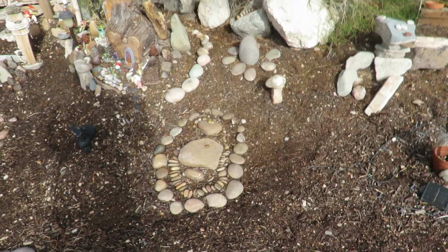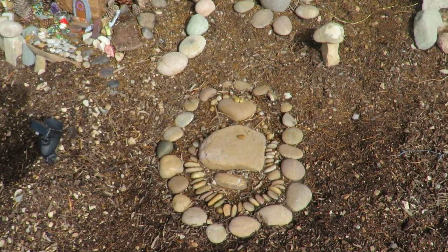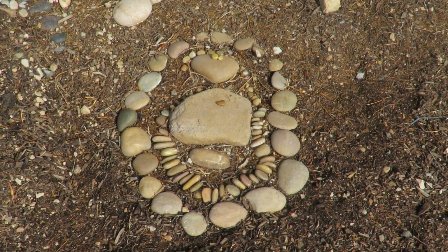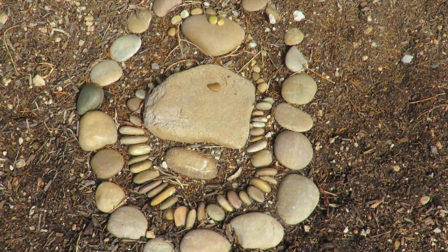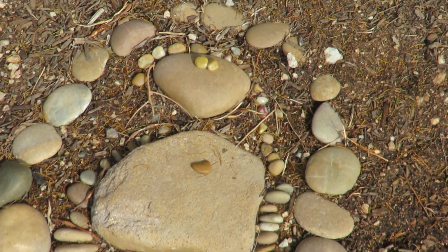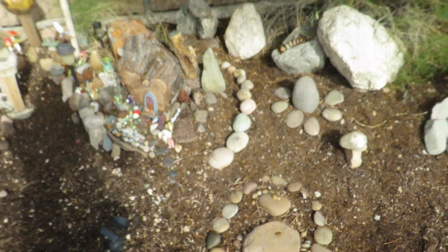Oh, here's one of the very first guided creations. I don't create them. The rocks come together. This has been here since 2018, and the rocks just come out and come together. And then all the